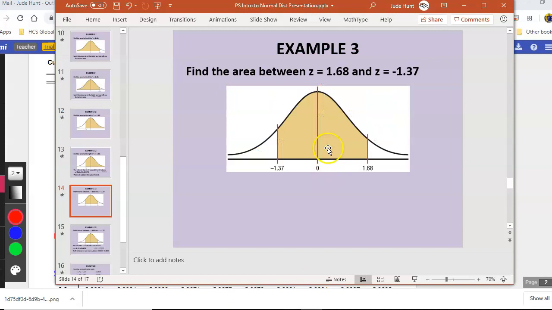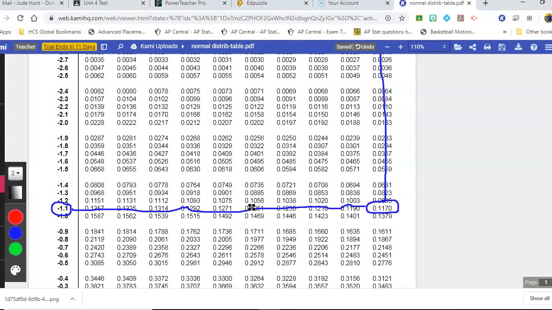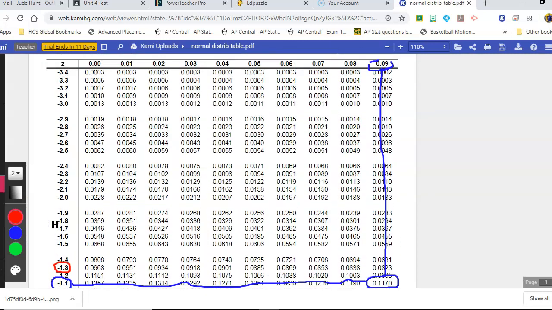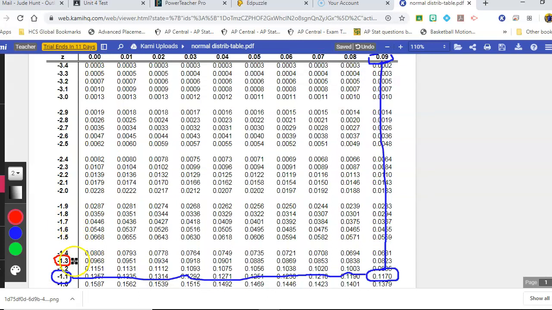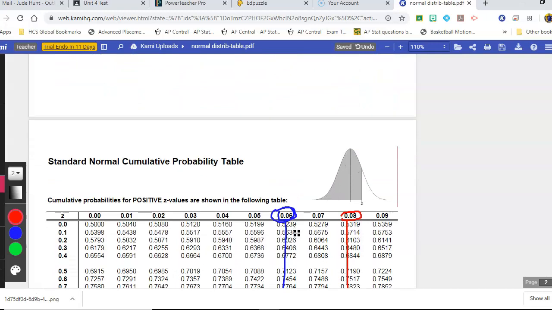And then we're going to get our other value, which is -1.37. -1.37 is going to be a negative value, so it's over here, -1.3. And the 7 column is going to be all the way out here and down here. Now, you don't have to mark this up every time. I'm just doing it so you can get the process of what I'm doing and how I'm locating these values. So I've got 0.0853,